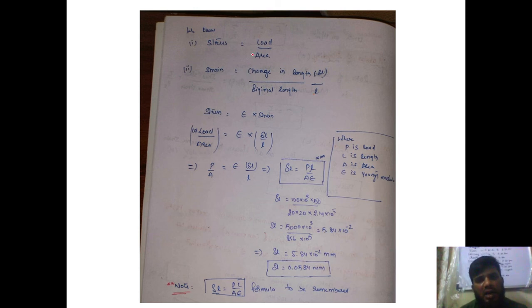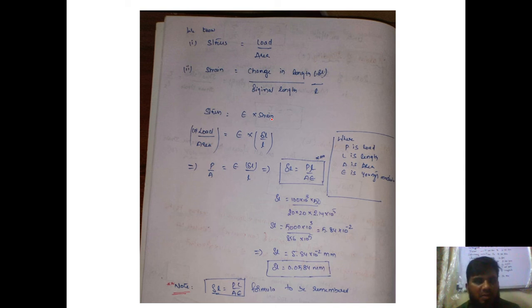Now I know the relationship between these two. According to Hooke's law, stress is equal to E times strain. E is nothing but a constant under strain. Obviously these constants are based upon the material, and because of that, they will generally give them to you in the problems.